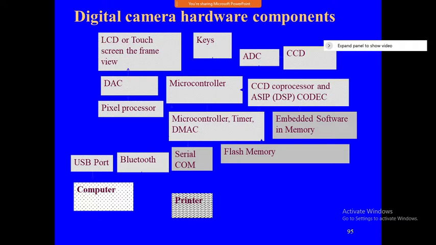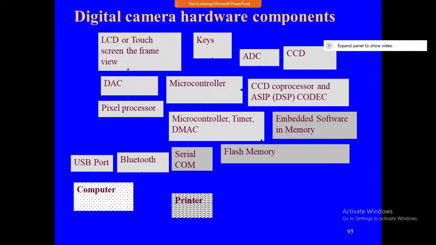Based on these things, we are going to identify the hardware components as well as the software components required for designing the digital camera. First we will see the abstract view. Abstract means a top view for designing this digital camera. The abstraction will show the digital camera hardware components and digital camera software components. Two types will be there. First we will see them one by one.